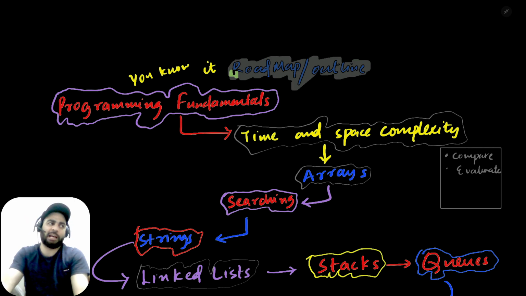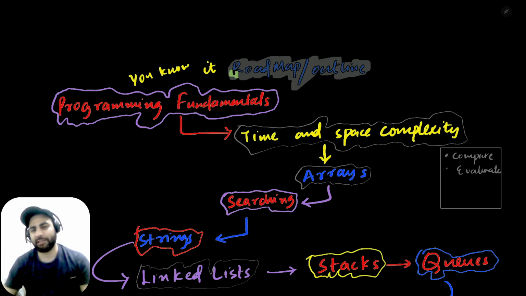If you see in your classes, for example, we say this guy is a topper of the class. How is he a topper? Because he got 90%, and we have a metric for that. We have a physical quantity that we can measure. So here also we have something we can measure. We can measure time, we can measure space, and based on that we can evaluate an algorithm, compare it with different algorithms, and based on that we can optimize it.